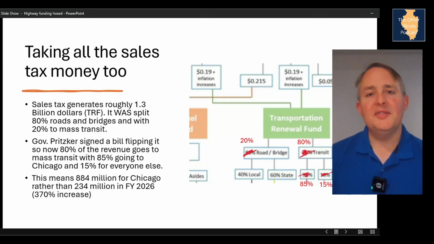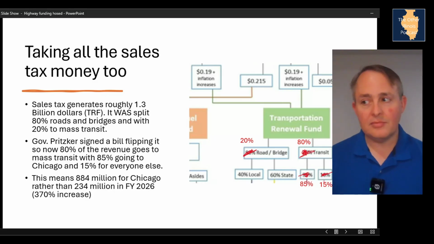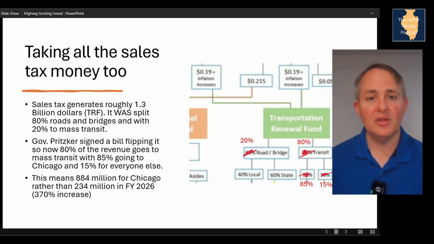Now, again, this is the money that's coming off of sales taxes for gasoline and diesel. So we're basically propping up mass transit off of the sales of gasoline and diesel. And mass transit, they're not paying those same sales taxes because it's a government authority. So they're not kicking in any money from the sale of diesel to run buses or trains or what have you. And then we shifted the